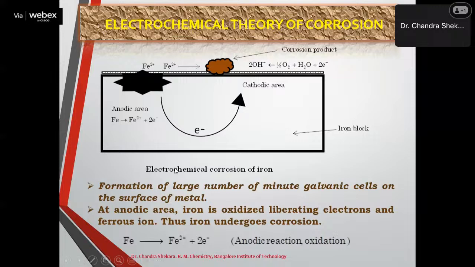Especially, you must understand clearly 2 points about the redox reaction. In a redox reaction, both reduction and oxidation occur simultaneously. That is the first point what you have to remember here. And the rate of both the reactions are interdependent. Rate of oxidation reaction depends upon the rate of reduction. Rate of reduction depends upon the rate of oxidation.